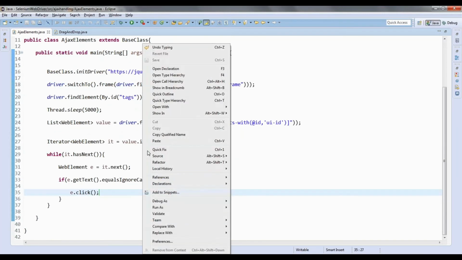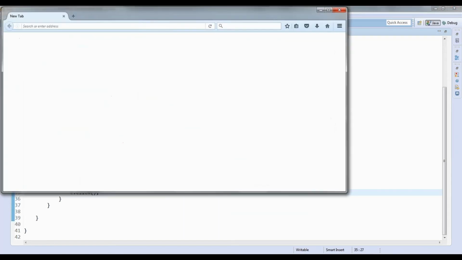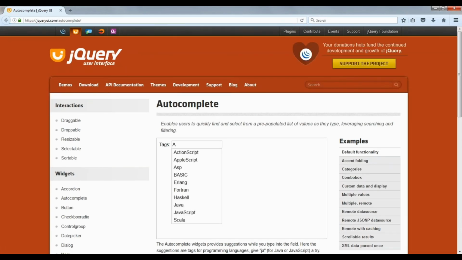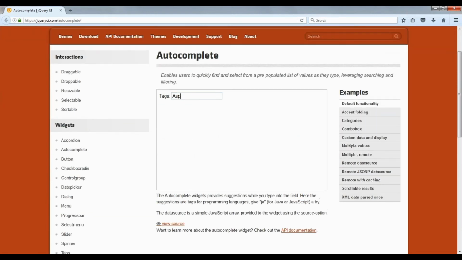So this is how you will be selecting the dynamic elements which are displaying, or ajax elements which are displaying when I enter some input into the fields. So even these kind of elements you are going to encounter. You can see here it has selected asp. So like this I am going to handle the autocomplete option of a text field.